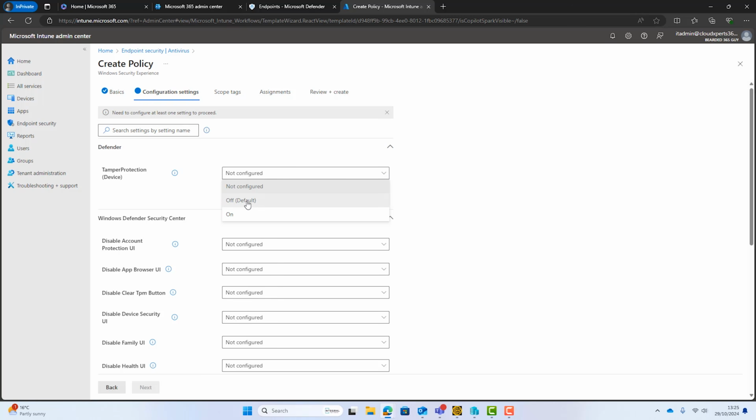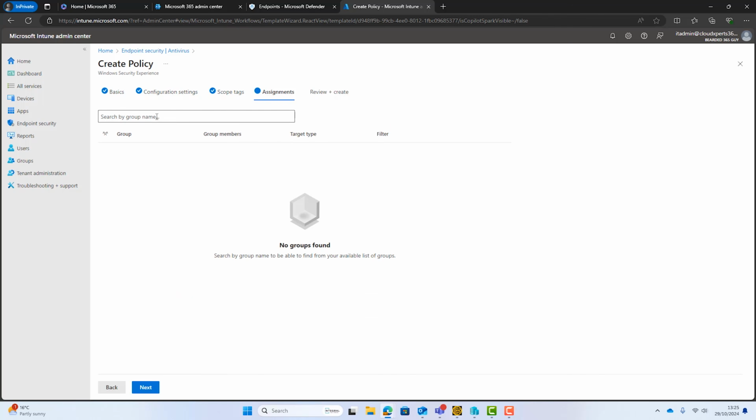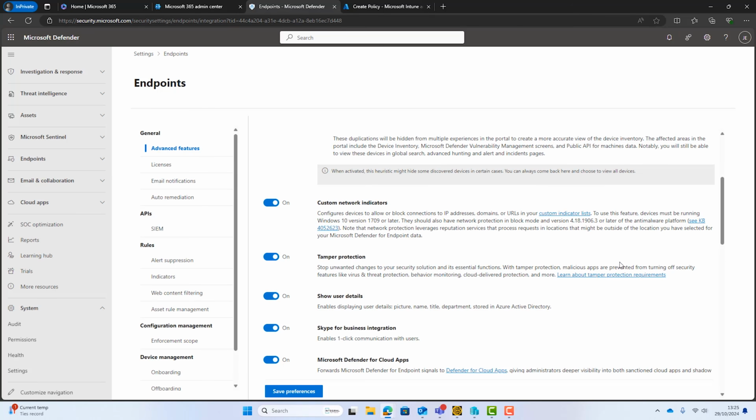So at the moment, we can say we want to switch tamper protection off. And then when I'm coming to assigning this, we could have a group of computers where we don't want tamper protection to be enabled. So that is what I would do if I wanted to switch tamper protection off. But as I've said, this is fine for most businesses. Just make sure that is switched on.